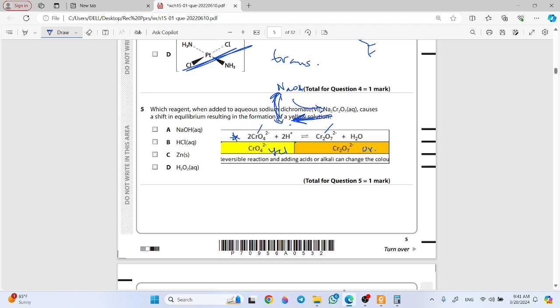In order to favor the backward reaction, either you have to remove H plus ions, or else you can put some amount of alkali. When you put some amount of alkali, H plus ions are removed from this system. Thereafter, it favors the backward reaction. So whenever you add NaOH, NaOH tends to react with H plus, so that is the same as removing H plus ions or removing acid from the system, and the equilibrium shifts backward, right? So question 5 answer is A,